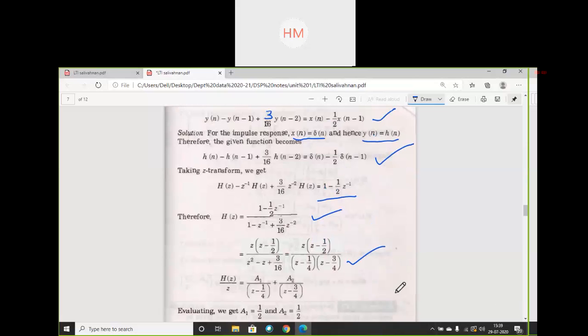Okay, so please check what mistakes you are doing, or you can take a photo of your friends' copy, how they are simplifying. You can share your notes while simplifying if others are not getting. Okay, so A1 and A2 are half.